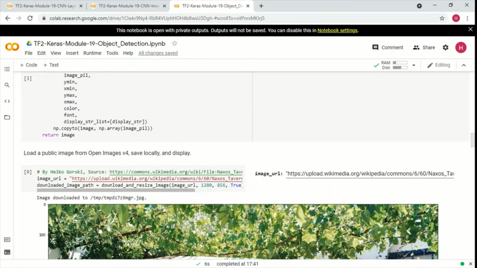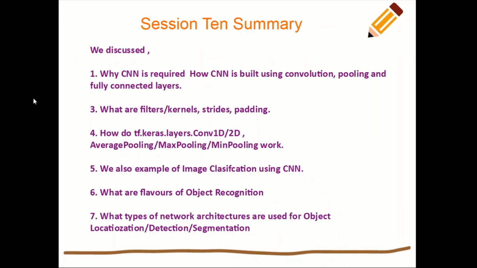So that was pretty much all that we had for this particular session. What I'm going to do is run through the summary of this session very quickly, and then we'll wrap up. So what we discussed in session 10: we discussed why CNN is required.